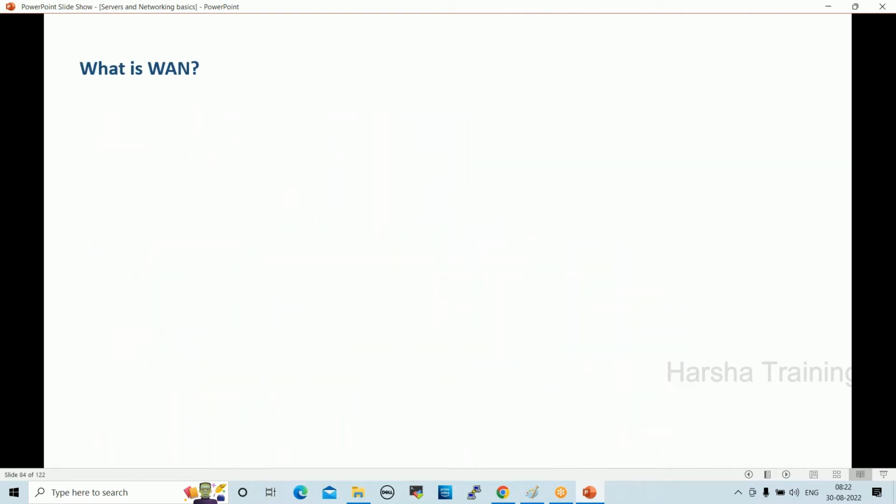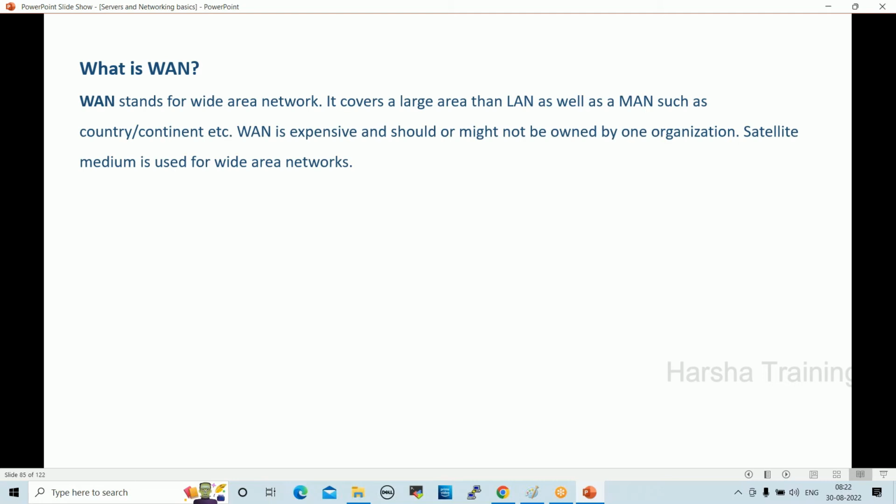Next one, WAN, wide area network. WAN stands for wide area network. It covers a larger area than LAN as well as MAN, such as a country and continent, etc. WAN is expensive and might not be owned by one organization. One organization cannot manage this WAN connectivity because of the high cost.